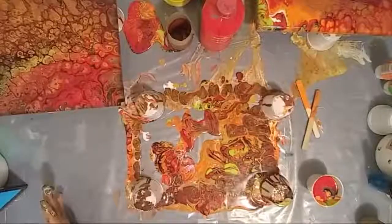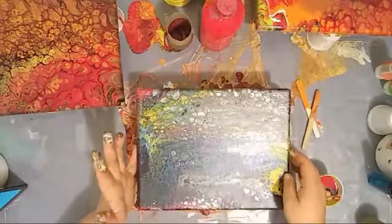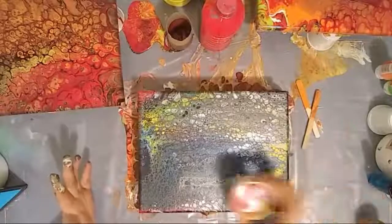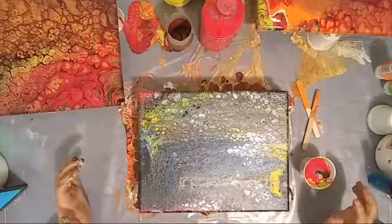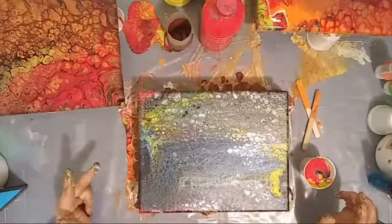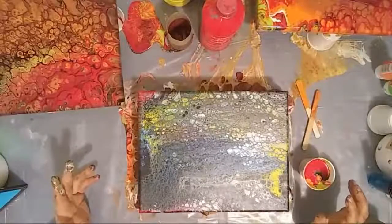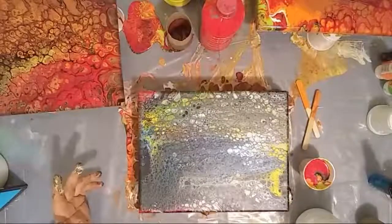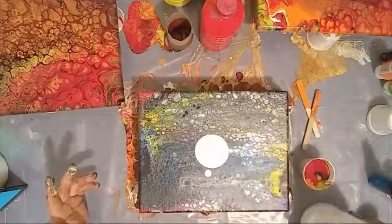And pick up another canvas that we decided was going to be a repour. This one is a repour canvas. I still have all the colors in the cup. It's all the leftovers. So there's red, black, jack-o'-lantern orange, lime tree green, and the copper. So I'm going to put, white was optional. So I'm putting a little bit of white in the center